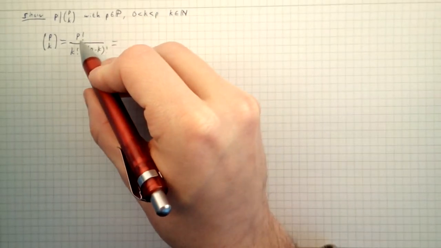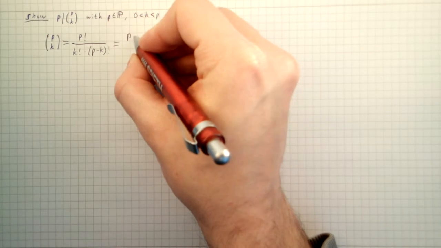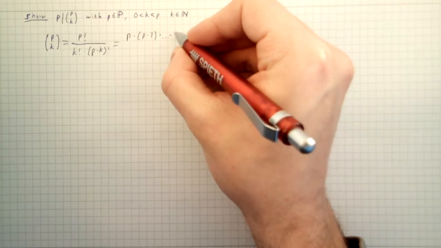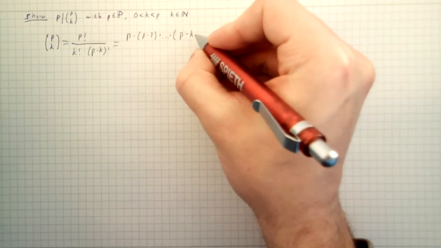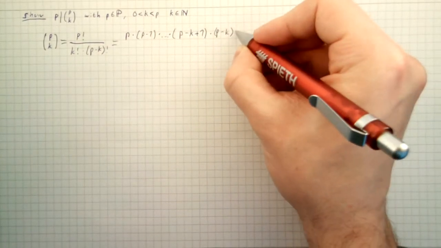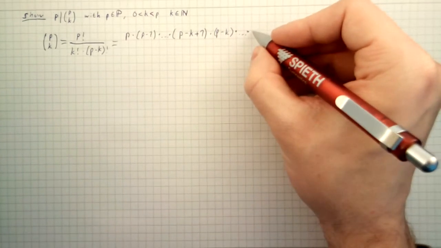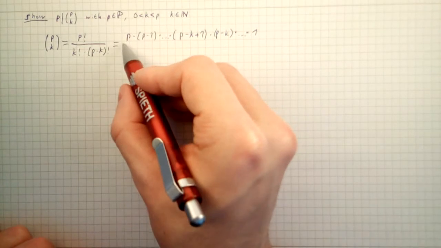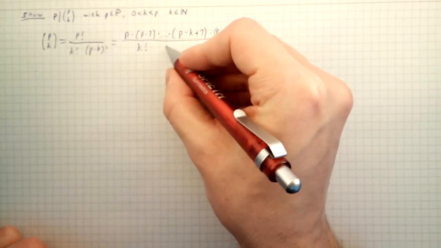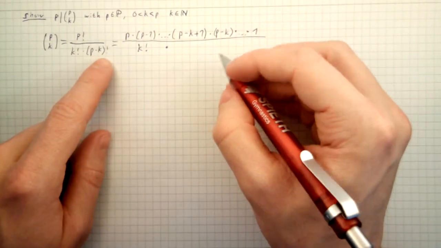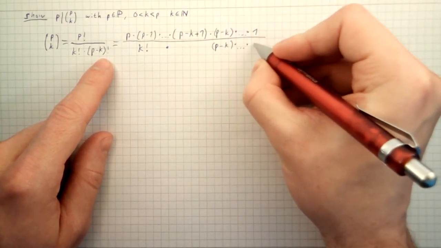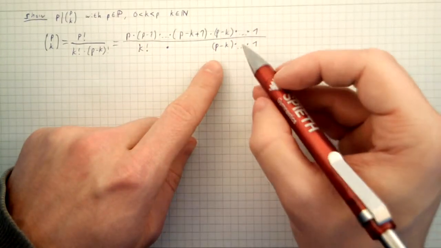We can unwind the factorial to p times p minus 1 times so on times p minus k plus 1 times p minus k times so on down to 1, divided by k factorial times, and now we unwind this factorial, p minus k times the other factors down to 1. And we see we can reduce the fraction here,